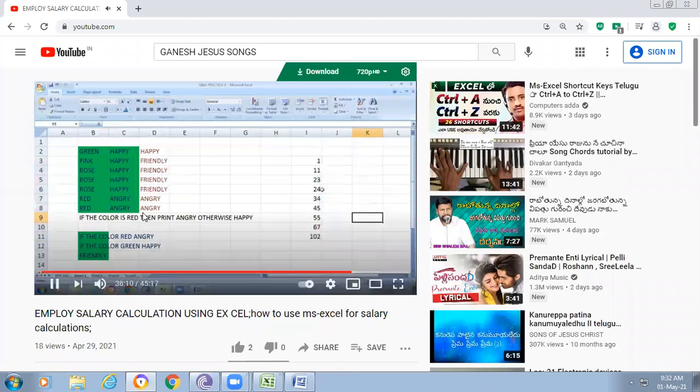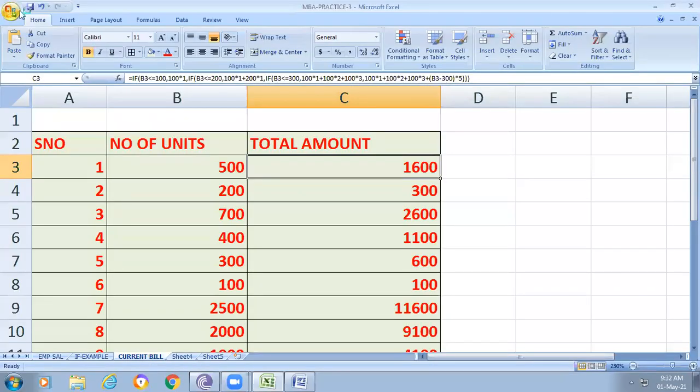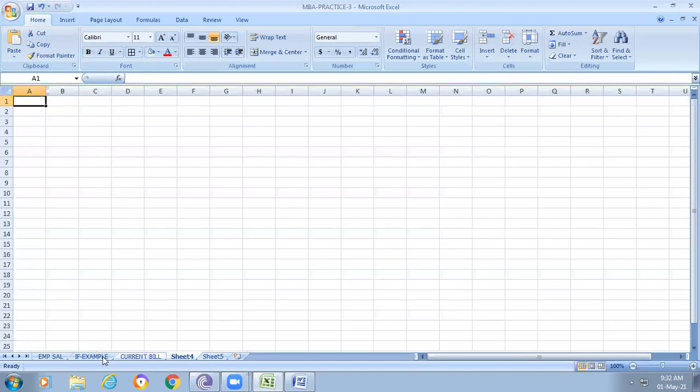In the last class we completed this. I hope all of the members were able to understand this. Now we go to the next example. In the last class we considered the students' marks, am I right?